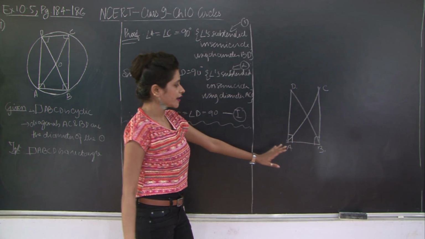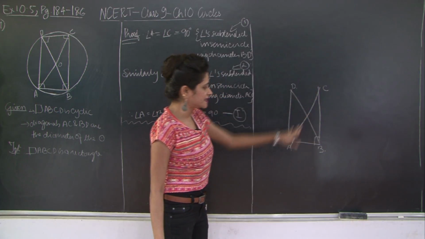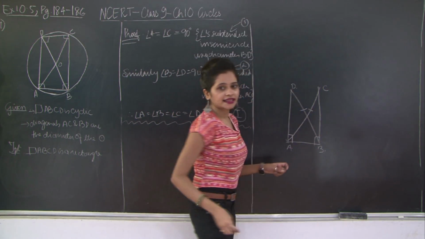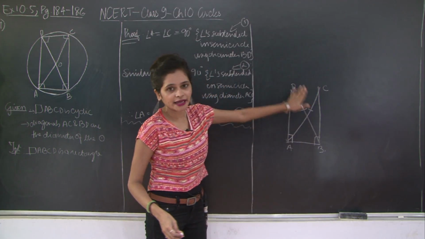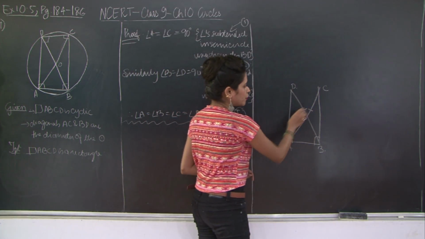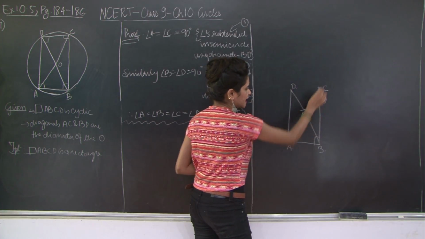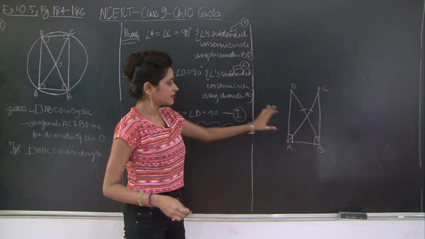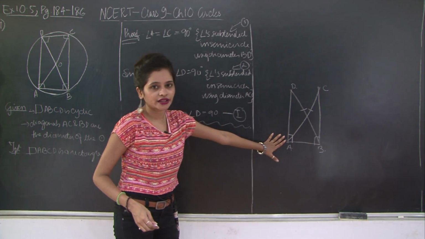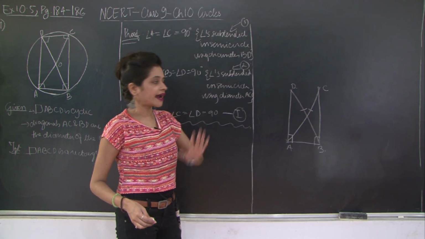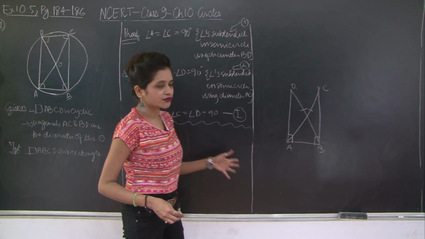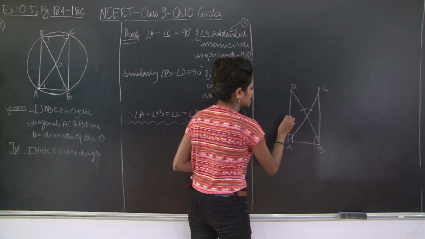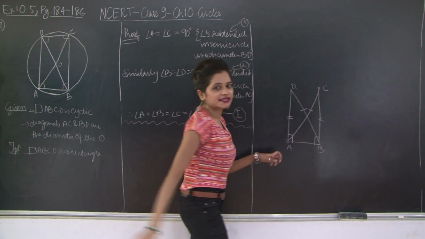Therefore, in the right angle triangles ADB and BCA, I have AC is equal to BD. This is given, because these are the diameters, right? So, the hypotenuse BD and CA are equal, and also I have this AB as the common side. Therefore, the two triangles are congruent to each other by the RHS test or right angle hypotenuse side test of congruence. Now, since the two triangles are congruent, I can obviously say that AD is equal to BC by corresponding